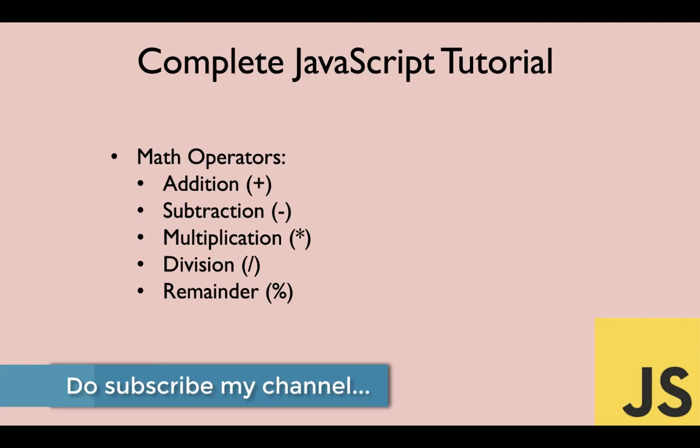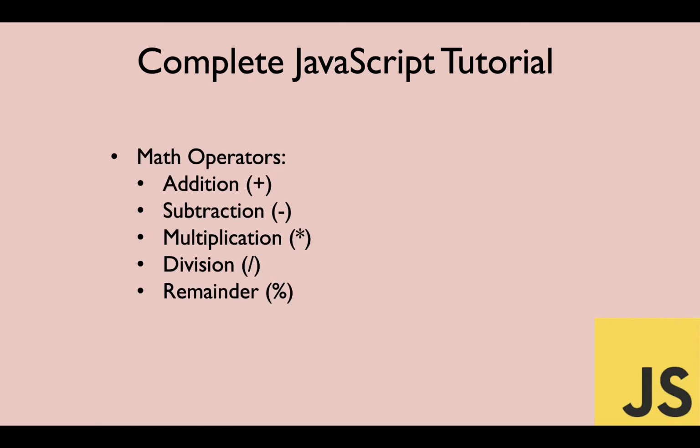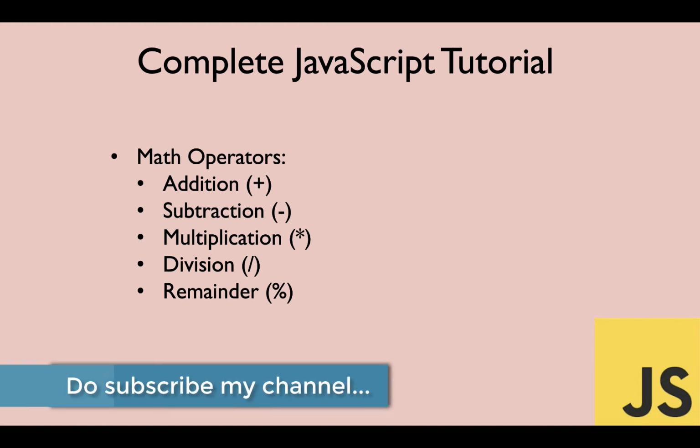In this video, we'll cover math operators along with logical operators and the typeof operator. So first we'll talk about math operators. A math operator is nothing but a method which provides you the feasibility to perform mathematical operations. So we can do addition, subtraction, multiplication, division, the remainder operator, and also other operations with mathematical operators, but we'll cover only 5 as of now because these are majorly used in any work that we do with JavaScript or any other language.